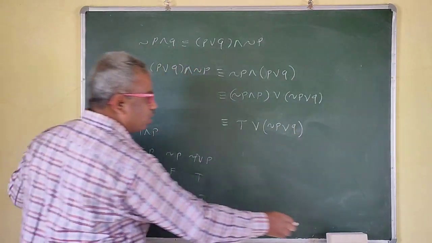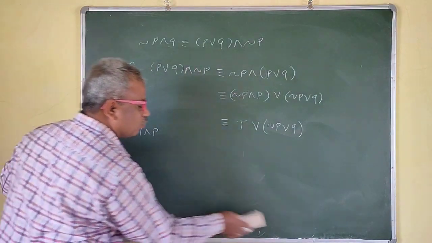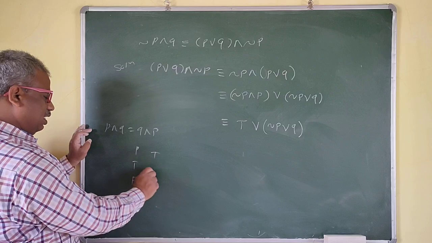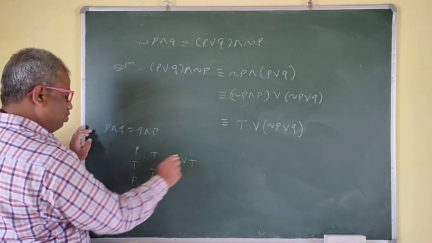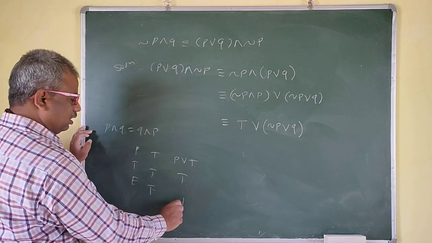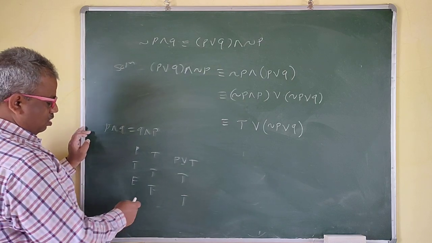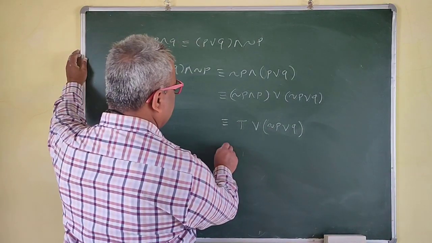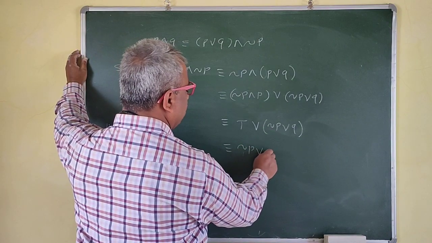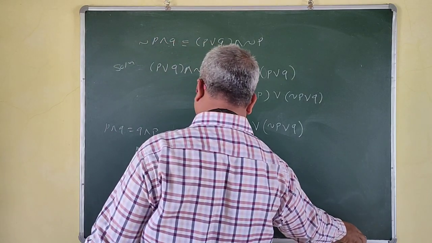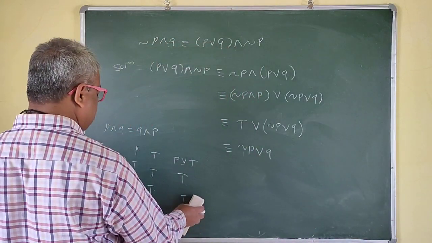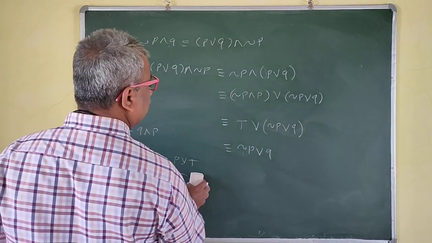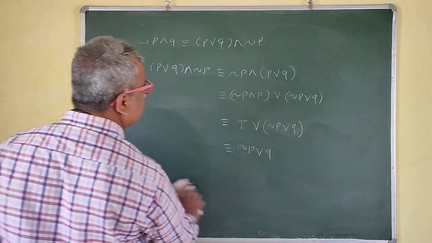Right? Now suppose you want with R, right? So P or T now. This P is T, F. Your T is T, T. Your P or T will be what then? T or T is T for T. That means this is also again tautology. So this is logically equivalent to P or Q. Yes. So we get this.